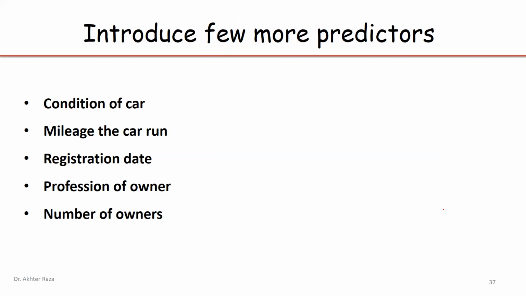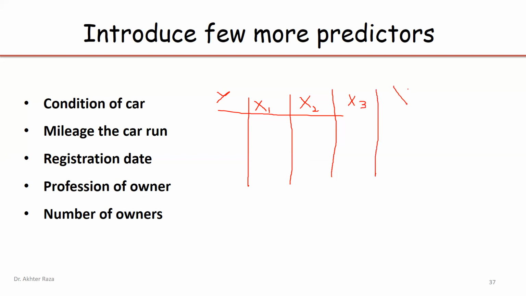We can introduce more variables in the scenario, because the model was quite simple if I am introducing only the age and the price. Age and price are the two columns. We can introduce the condition of the car, so we can represent the age by x1, the condition of the car by x2, the mileage of the car by x3, and the registration date of the car by x4,